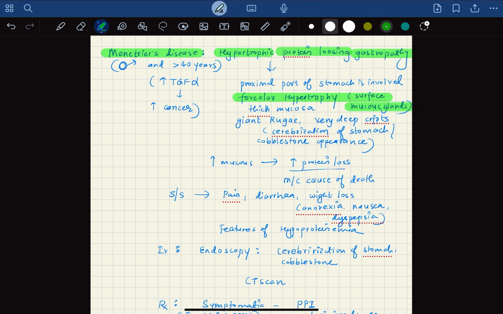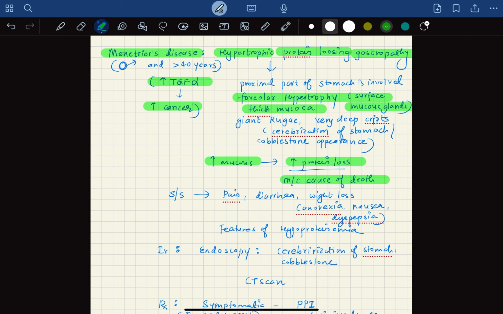Surface mucus glands will be hypertrophied, which are secreting the mucus, so there will be increased mucus production, so much that protein loss will occur. That is the most common cause of death. And why is this hypertrophy and thick mucosa happening? Due to increased TGF alpha, tissue growth factor, increasing so much that it will lead to the surface